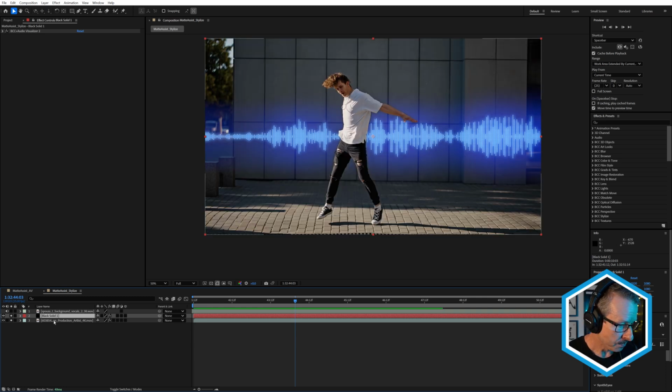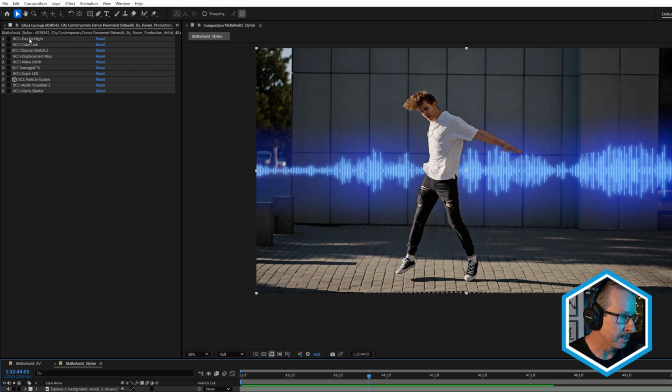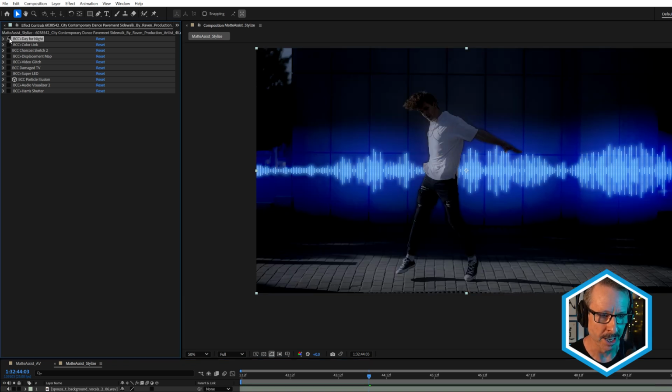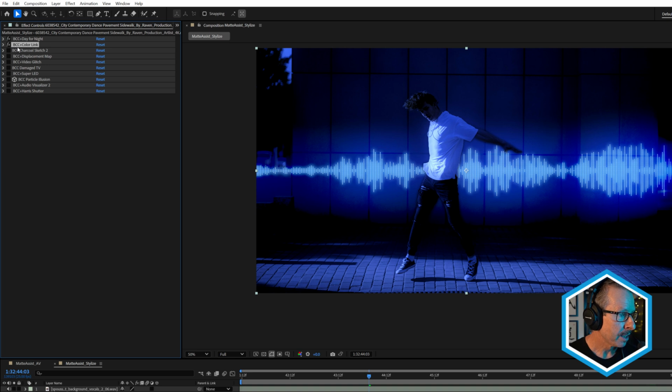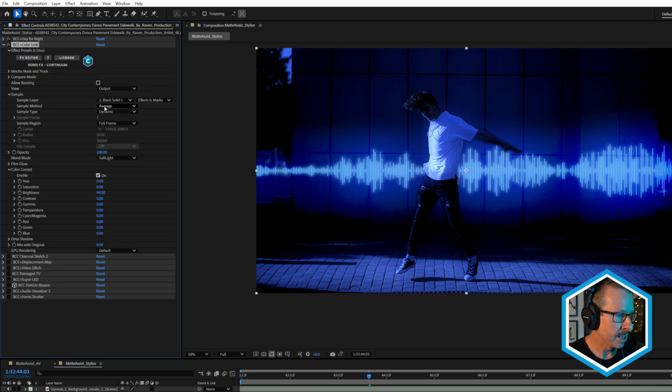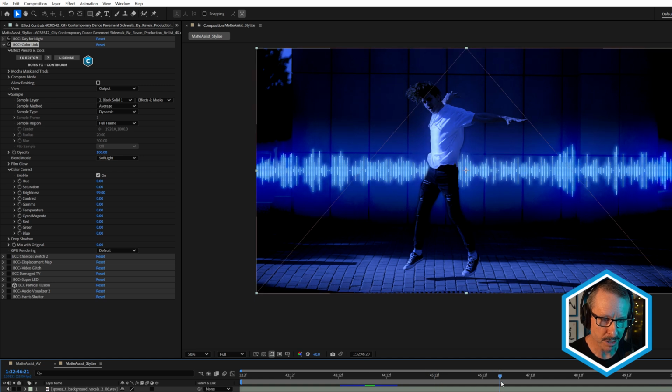Okay, so let's take a look at the actual footage layer. So look at all the effects I've used. So much fun. I'm just spoiled for choice with Continuum. So first of all, I've used BCC plus day for night, just to darken down the shot. Okay, BCC plus color link, as I mentioned, and that colorizes the shot. If we just open that up, you can see that I've used the sample layer black solid 1, which is this one. So that's the sample layer that I'm grabbing the color from. And if I just do a quick sort of drag through here,